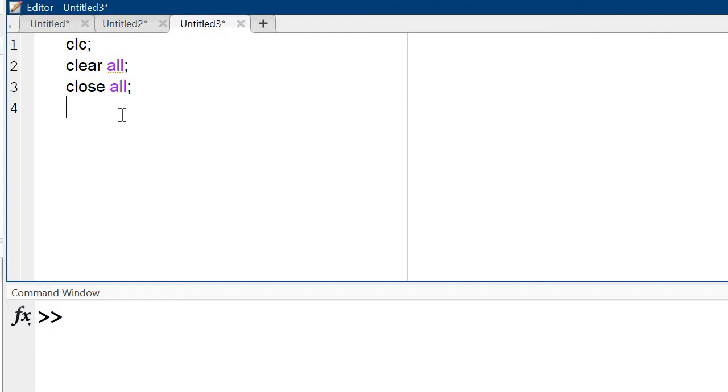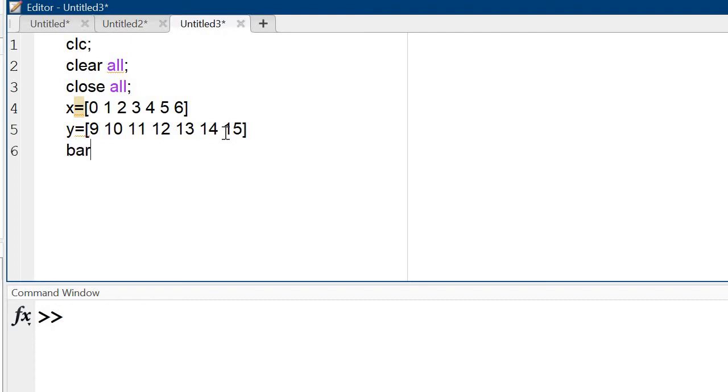For this bar function, I want X and Y. So I am taking X is equal to some values like 0, 1, 2, 3, 4, 5 and 6, and Y is equal to 9, 10, 11, 12, 13, 14. How many are there? 1, 2, 3, 4, 5, 6, and next is 15.